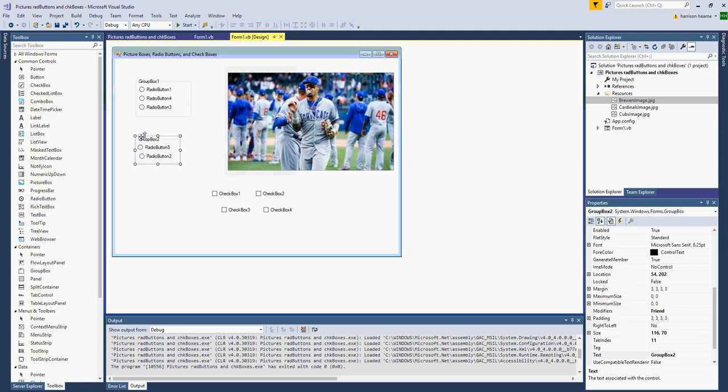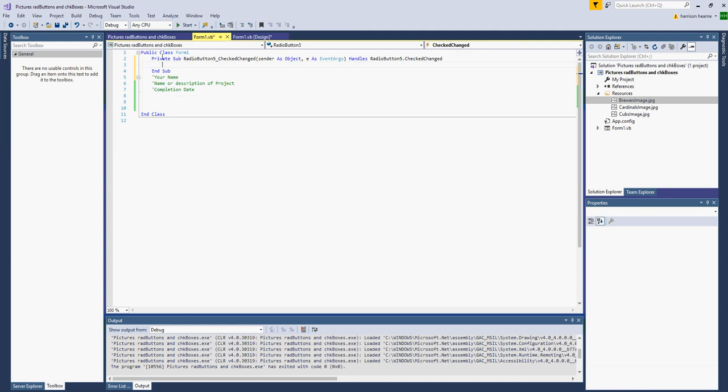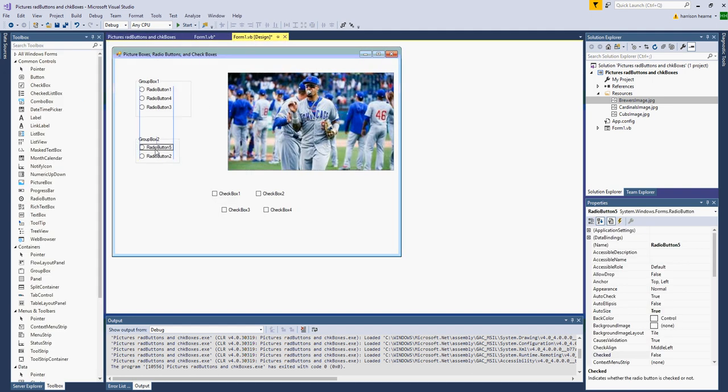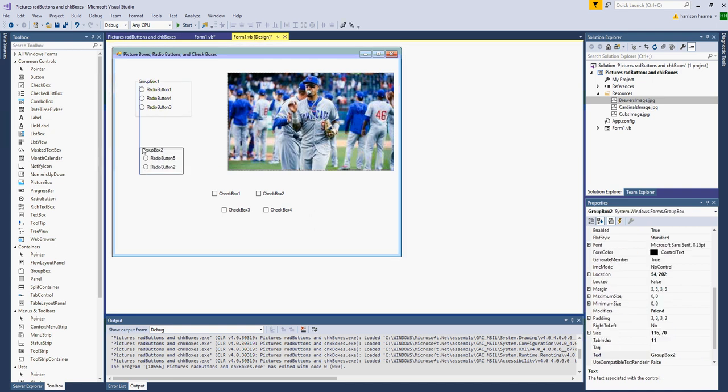One nice thing about group boxes too is if I decide I want to move something, let's line this up first just because I can't stand it. If I want to move the group box, I can actually move everything in the group box. So for design, sometimes if you had 20 things and you want to move them to a different location, putting a group box around them and moving them and just deleting the group box would be good. Okay, but I'm going to go ahead and delete